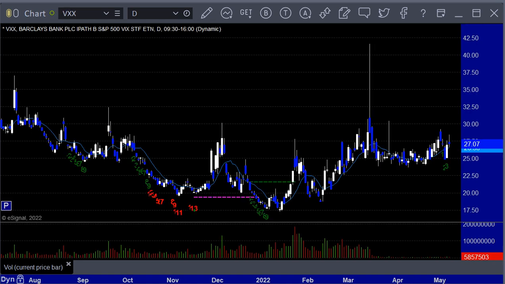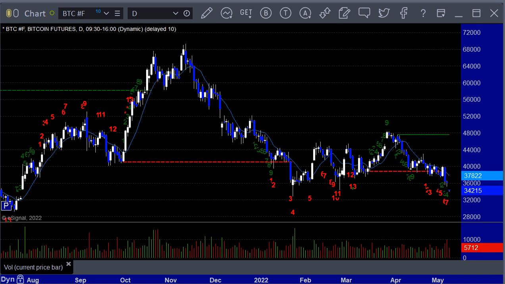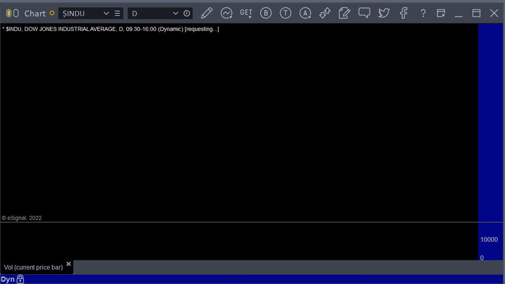Is what it is. We've got Bitcoin down 17.10 to 34,215 at the moment. That's a new closing low on Bitcoin. If we close here, this is just taking out the lows of almost everything. Nothing positive on the crypto side. The Dow down 98.6.